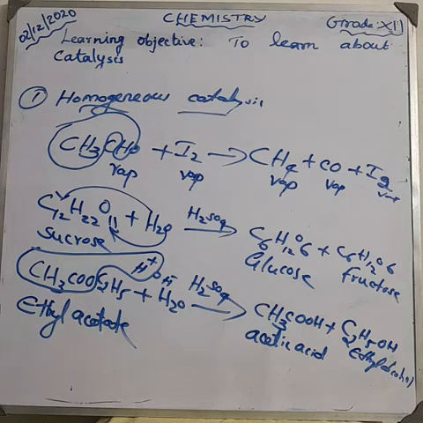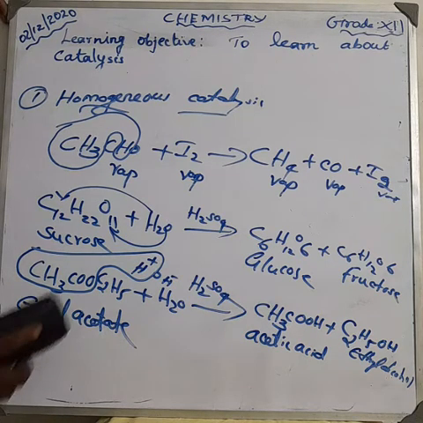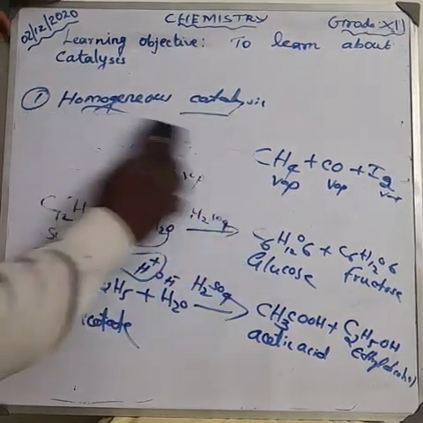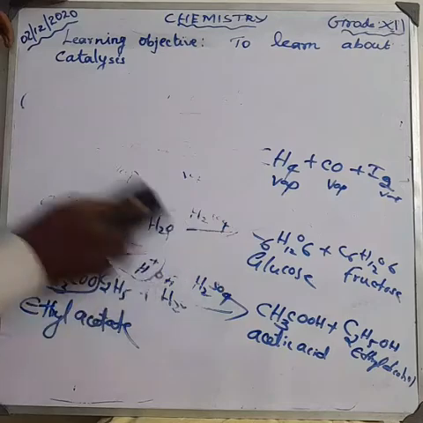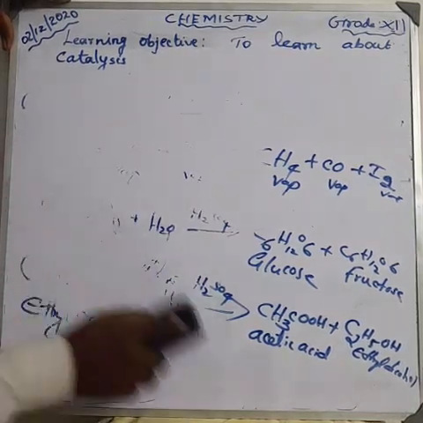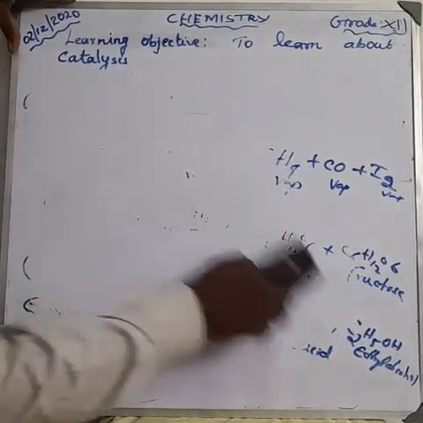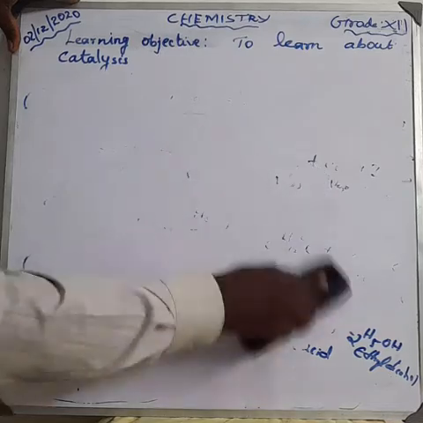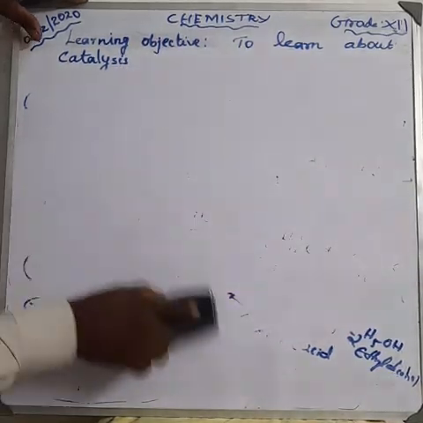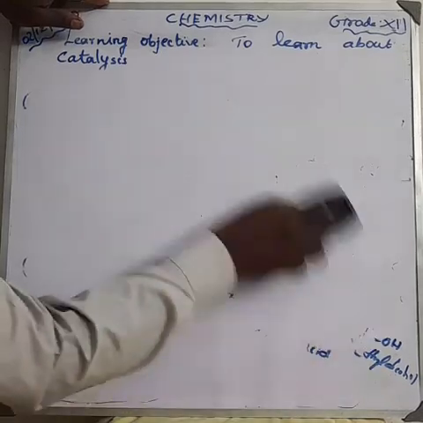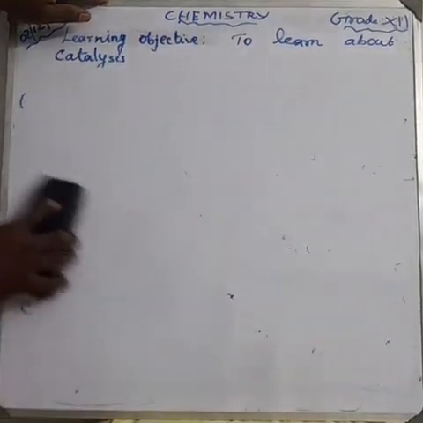It may be a solid, or a liquid, or a gas, or a vapor state. Anyhow, all in the same phase are called homogeneous, meaning same phase. Clear? Next, the heterogeneous catalyst. What is the heterogeneous catalyst? That means in the reaction, the catalyst is present in a different phase. For example, we can take